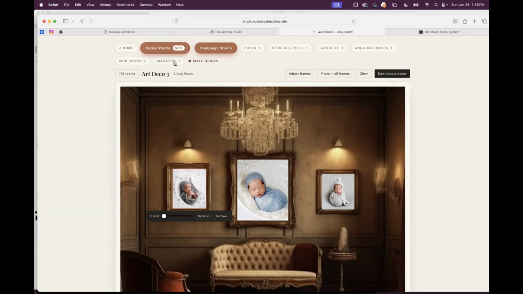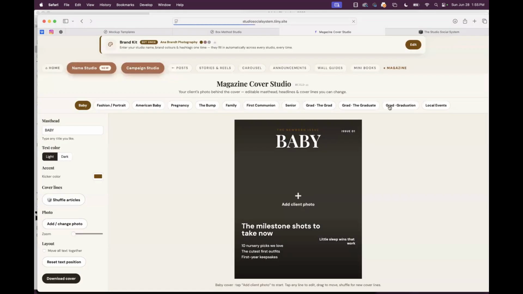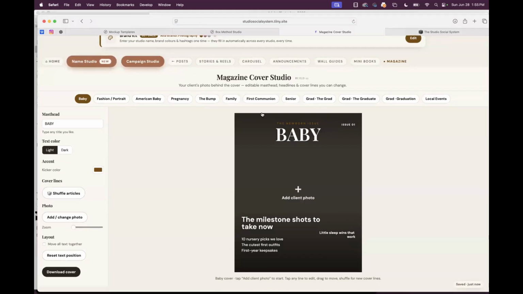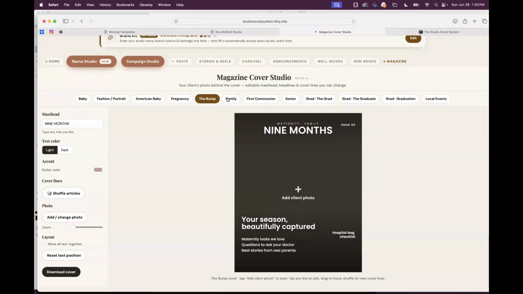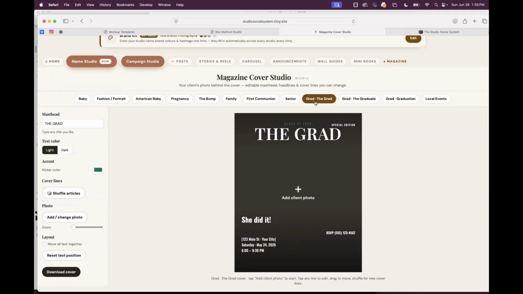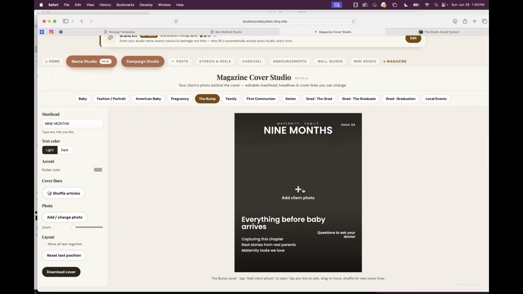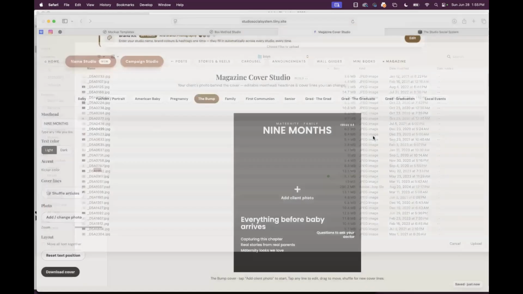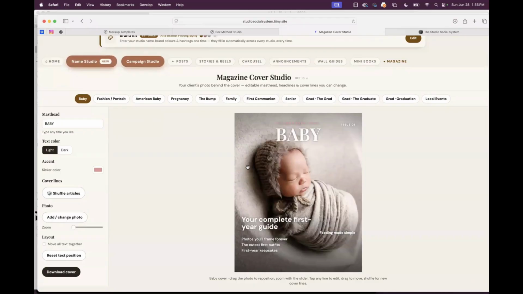I just love them. Magazine clients love stuff like this. We have all different types of magazines. I have to be careful when doing this because there are rules. I can't use like Vogue or Glamour, things like that. It's super important that we keep it so that we're not getting in trouble by anybody. But it's just fun again for social media.